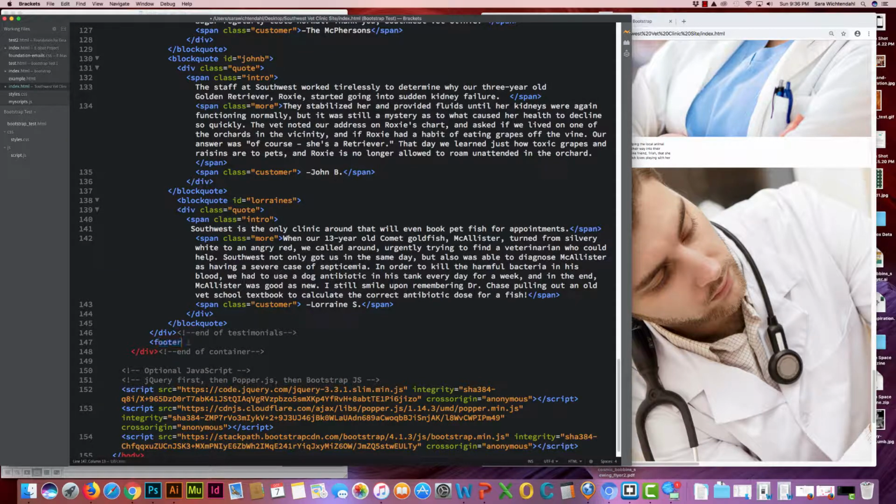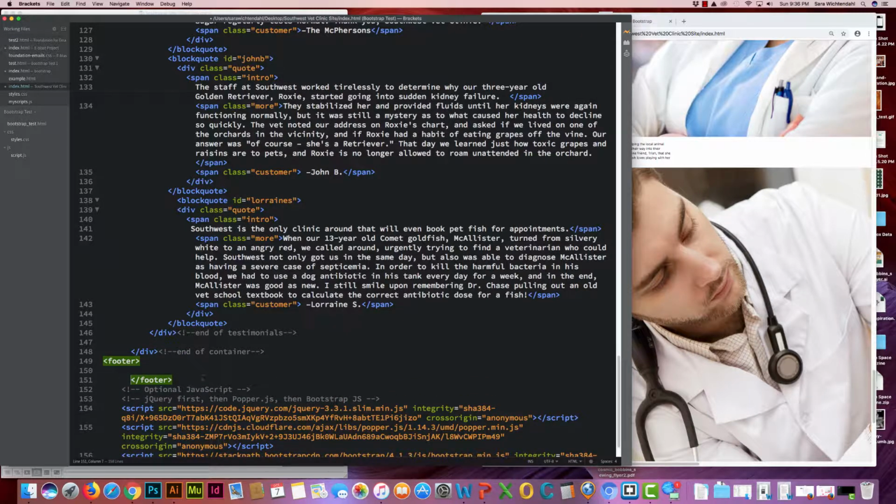I actually need to place this outside of my container because I do want it to go full width. So I'm going to cut that, place it outside of this container because I do want it to be full width instead of going to the sides there. So container, then footer, and inside that footer,